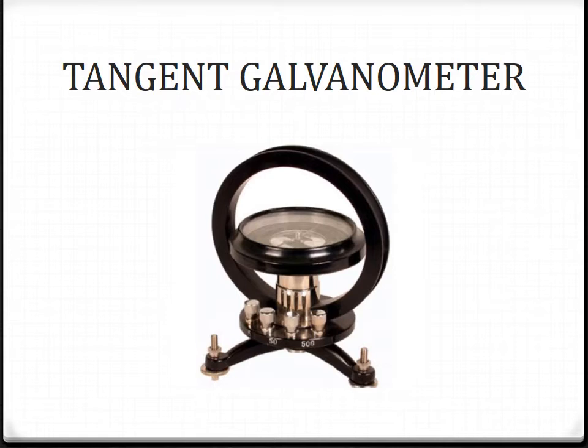In the tangent galvanometer, when no current is passed through the coil, the small magnetic needle lies along the horizontal component of Earth's magnetic field. When the circuit is closed, the electric current will pass through the circular coil and it will produce a magnetic field at the center of the coil. There are 2 fields acting mutually perpendicular to each other: the magnetic field due to the electric current and the horizontal component of Earth's magnetic field. Because of these crossed fields, the pivoted magnetic needle deflects through an angle theta.